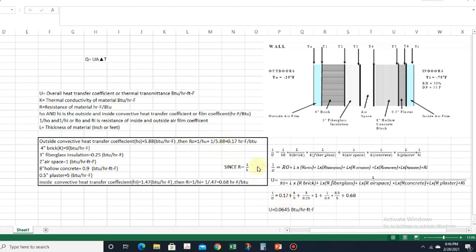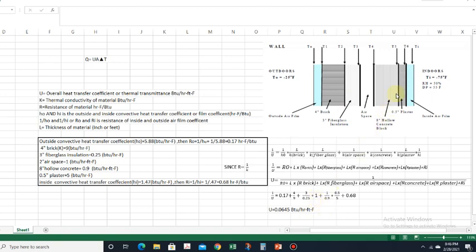Here we can find the length. Next we will move to brick. The length of the brick is 4 inch, and the thermal conductivity of the brick here we have is 9 BTU per hour. Next, the length of the fiberglass insulation is 3 inch and the thermal conductivity is 0.25 BTU per hour Fahrenheit. All these thermal conductivities we will get from the ASHRAE handbook. Next, airspace, I told you the value of airspace will be 1.